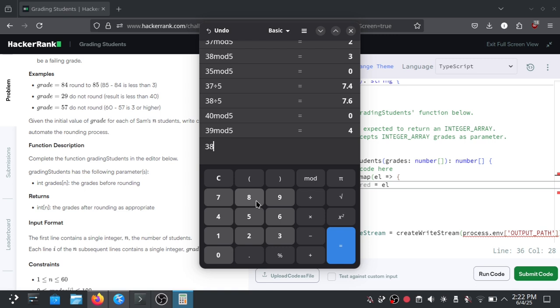For 38 it's 3, and for 37 it's 2, until we hit 35 modulo 5, which is 0. And for 36 it's 1.